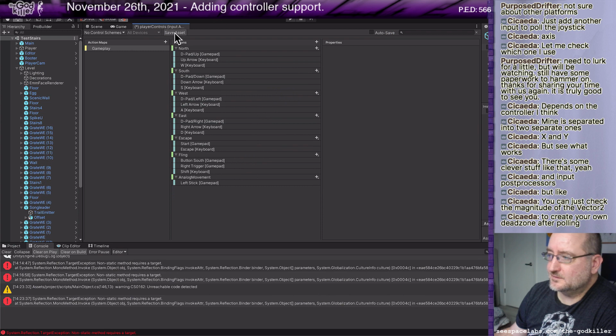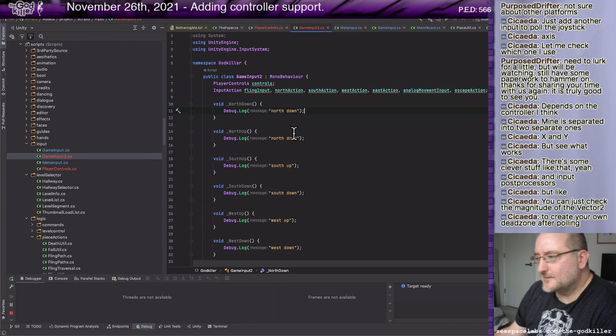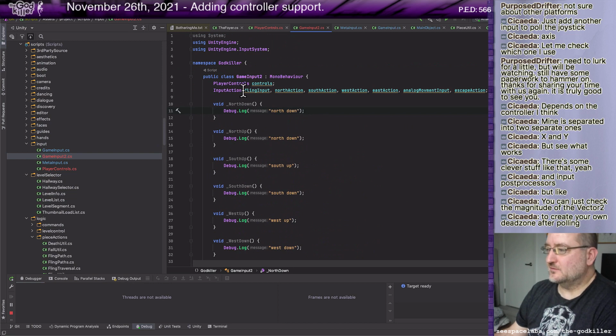Save that again. See, it automatically rewrites this file over here too, which is pretty nice. Okay. So, just make sure all these are assigned.